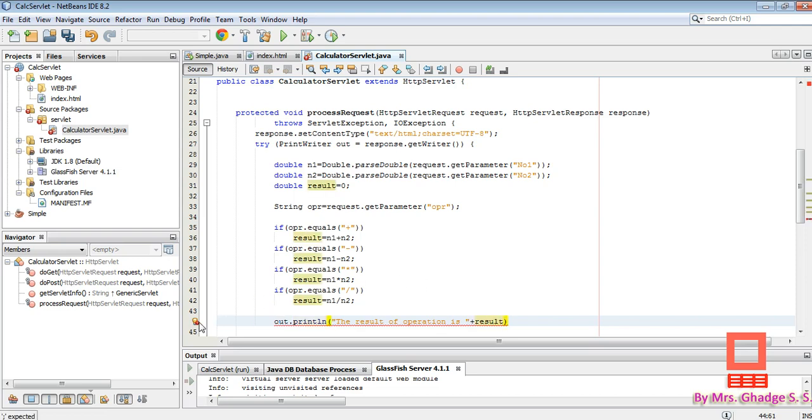Okay, here is one error, we have to put a semicolon. So this is our final servlet file.